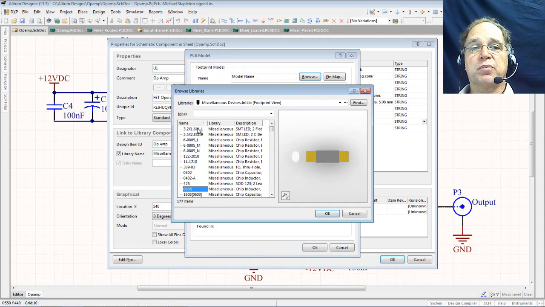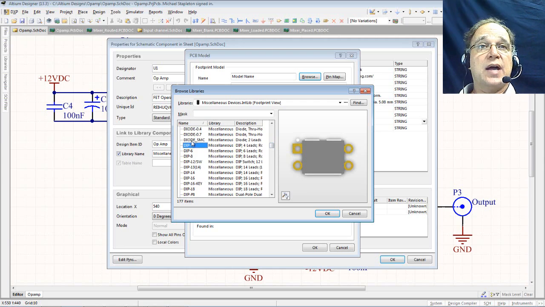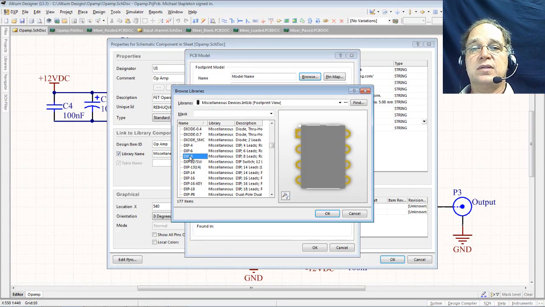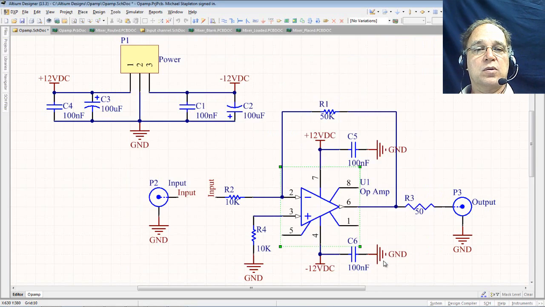You see all these different footprints. Now the particular footprint I want is called a DIP 8. So I'm going to come down here. Here's a DIP 4. DIP stands for dual inline package. So here's a dual inline 12. You see I have 1, 2, 3, 4, 5, 6 pins. Inline and dual means I have 2 sets. So here's a DIP 8. This would be the package you probably were used to with your 741 op amp. So I'm going to change my footprint to this DIP 8, tell it OK, OK,